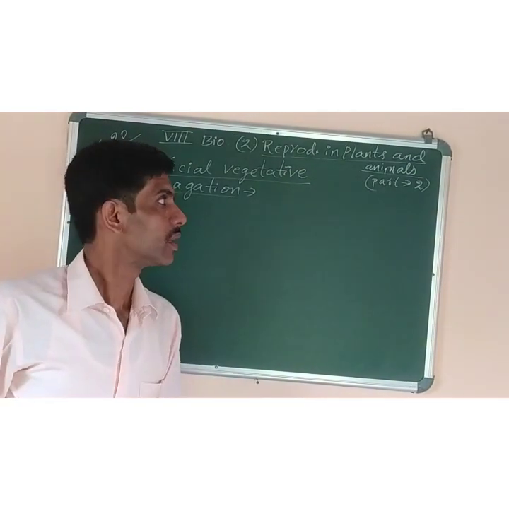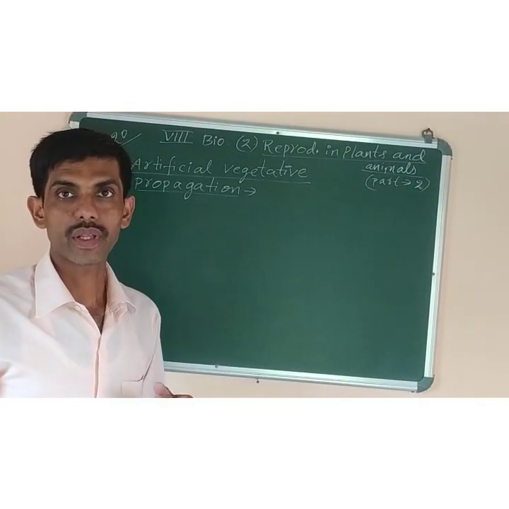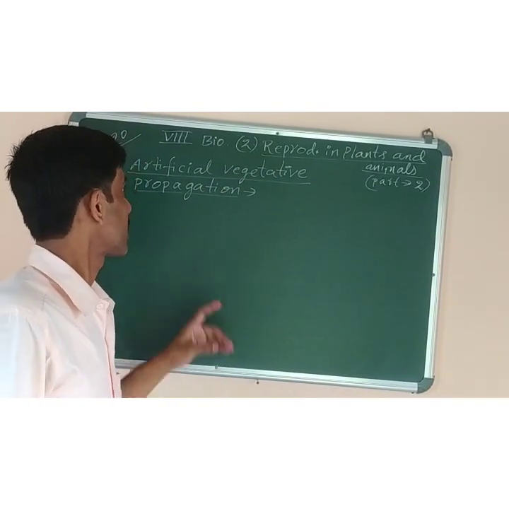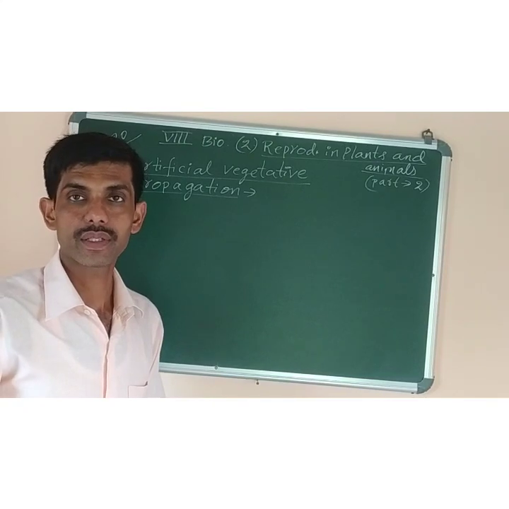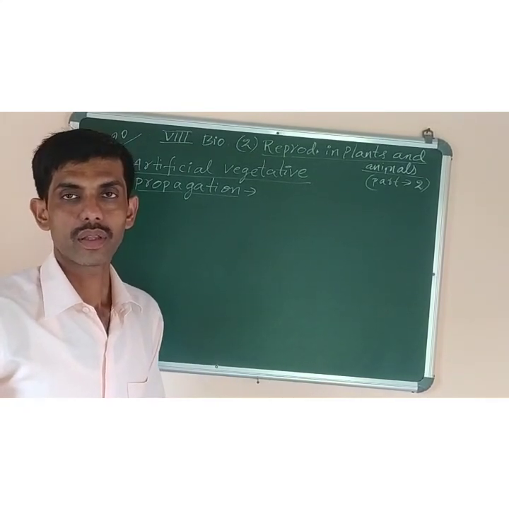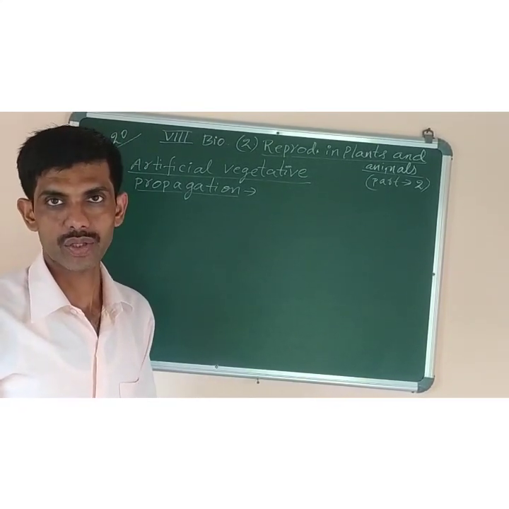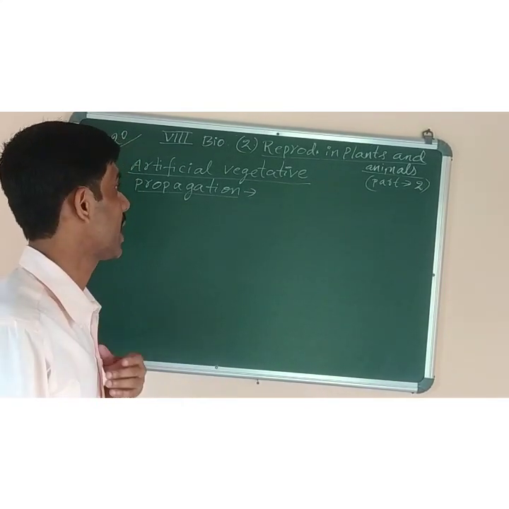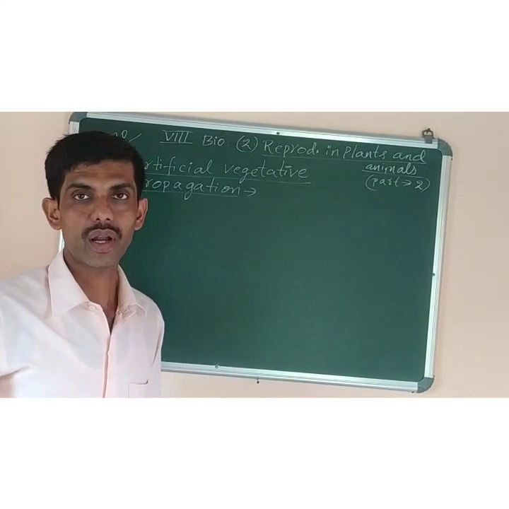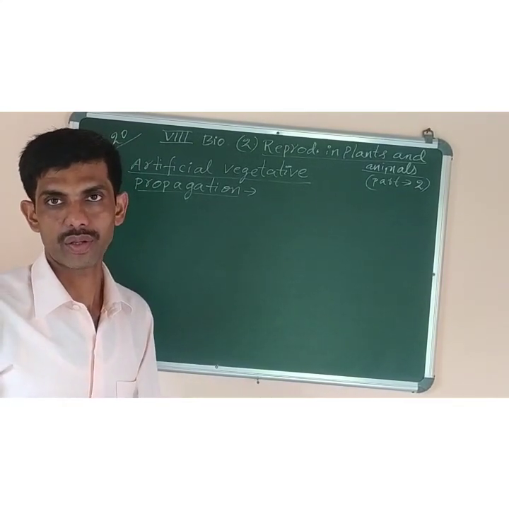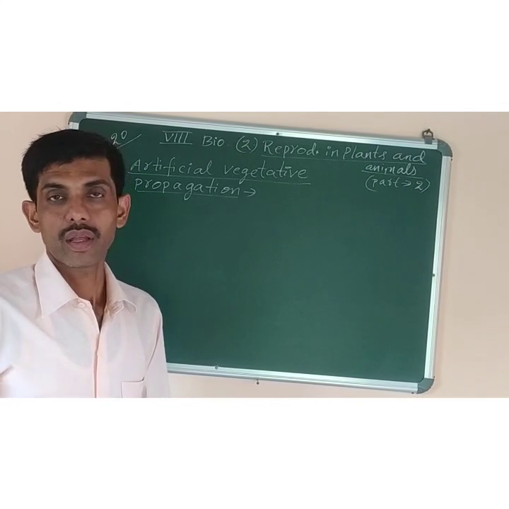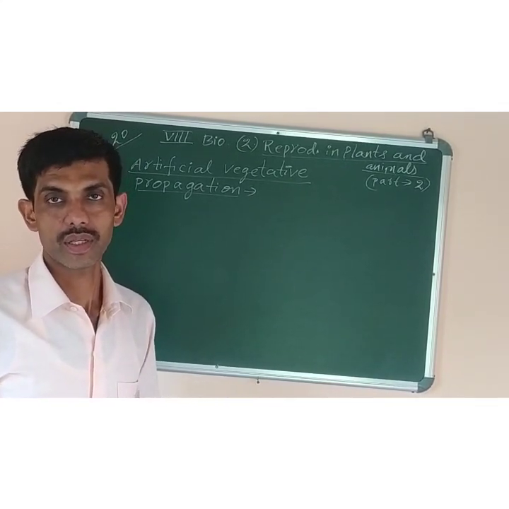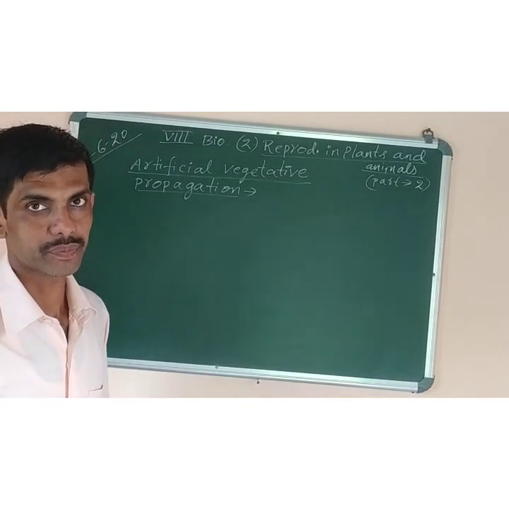Welcome back, class 8. Today we will continue with the second chapter, that is Reproduction in Plants and Animals, part 2. We had already studied in the previous class about the types of vegetative propagation. There are mainly two types of vegetative propagation. One which is done by itself, that is by nature, is called natural vegetative propagation. Like when plants grow naturally from roots, stems, leaves, it is called natural vegetative propagation.